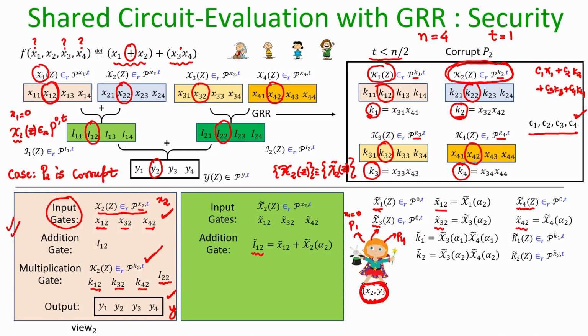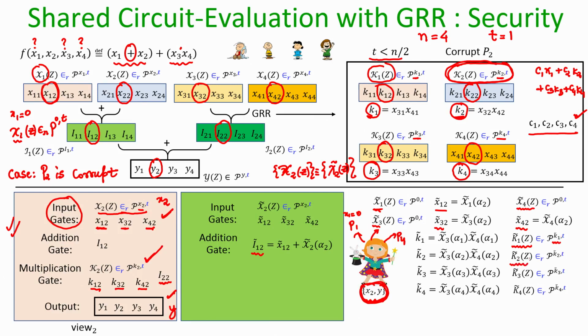The simulator now knows the full sharing polynomials of P1, P2, P3, P4. For P2 it itself has picked the sharing polynomial; for P1, P3, P4 it has picked the corresponding simulated sharing polynomials. So, it performs the role of P1, P3, P4, P2 as per the GRR degree reduction, namely whatever P1 would have done, whatever P2 would have done, whatever P4 would have done, the simulator does all those computations in its mind. Namely, on behalf of P1 it picks a simulated K1 polynomial, which is a random t degree polynomial whose constant term is the simulated K1.